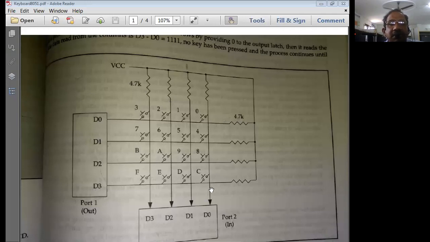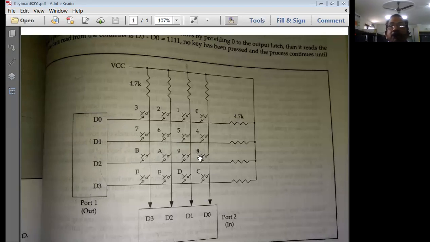In the previous sessions, we discussed keypad interfacing, where these two are the 8051 microcontroller ports. This is taken as port 1, and this is taken as port 2. The pins on these two ports are connected to the keypad interfacing device. Port 1 we have used as an output port, because the data coming to port 1, that means the row bits, have been taken from the lookup table. So we have performed this by using a lookup table.